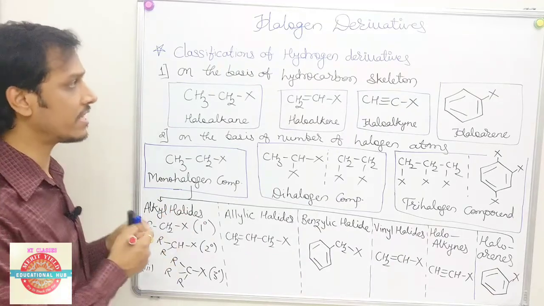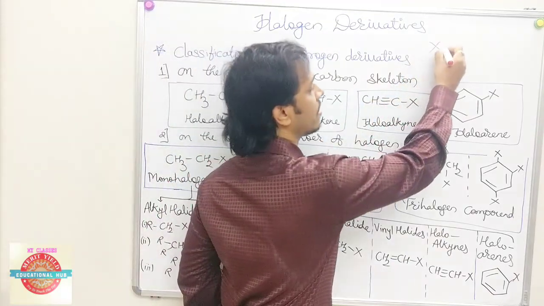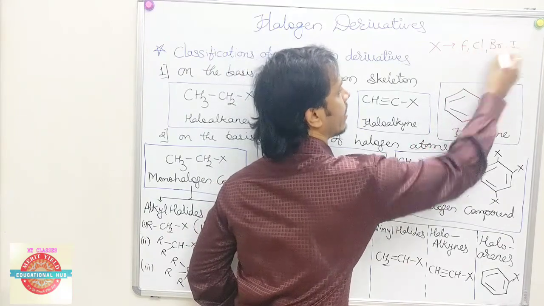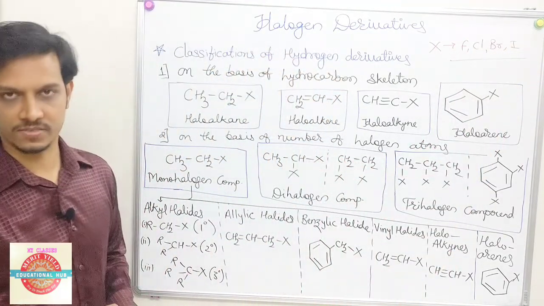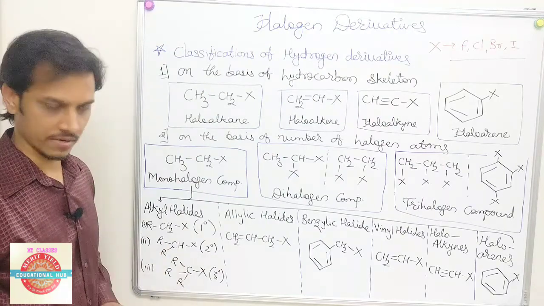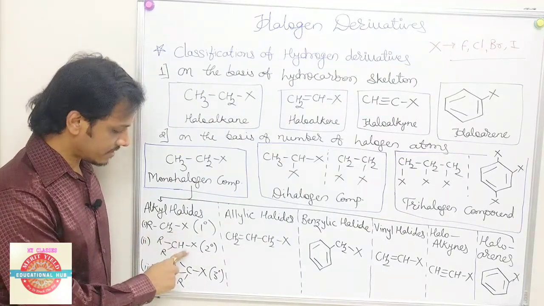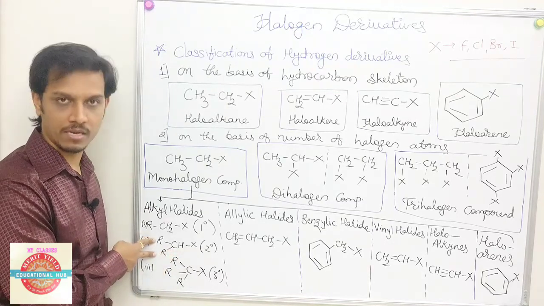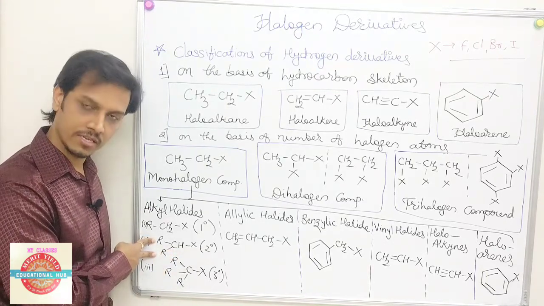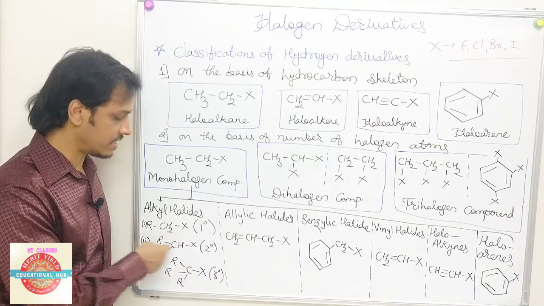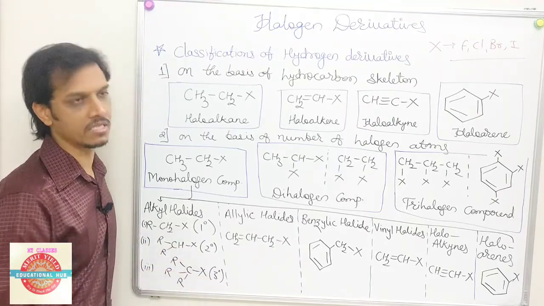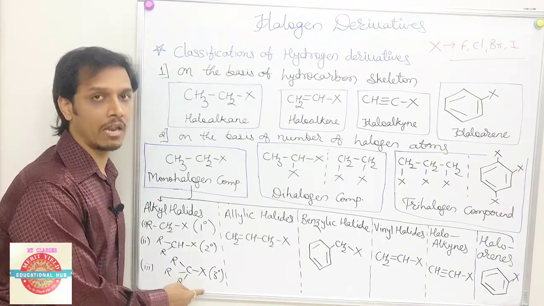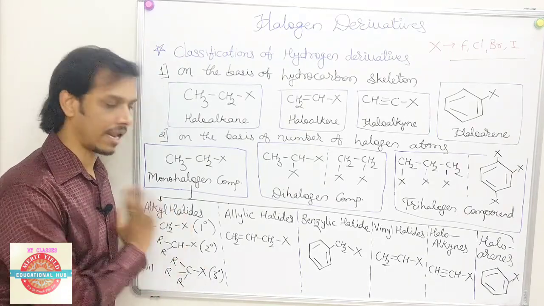So now what is halogen here? For your understanding, X is, we can call it as fluorine, chlorine, bromine and iodine. So anything you can choose here. Secondary, because here X is bonded to such a carbon atom which is bonded to two carbon atoms. So 2 stands here, if we are having two carbon atoms, means it is secondary. Same goes with the tertiary, means there are 3 carbon atoms bonded to the carbon to which halogen is directly bonded. So this is alkyl halide system.